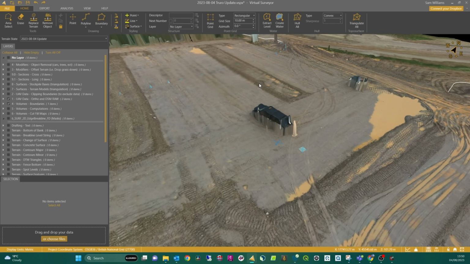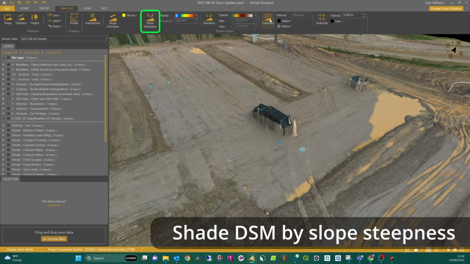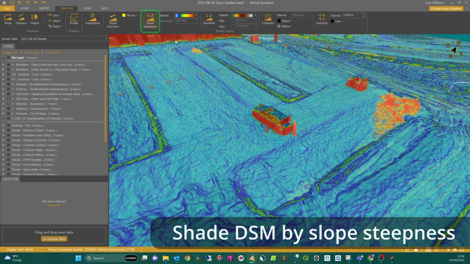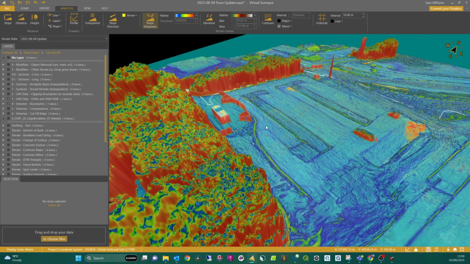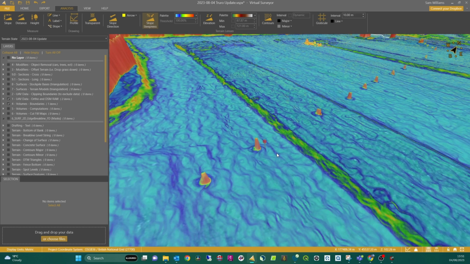It is somewhat hard to see it in the true color view. So Virtual Surveyor's got some quite interesting tools under analysis for visualizing things in different ways. One of the things I find most useful is slope steepness. That just very quickly colors everything by slope, and you can very quickly see every cone in there,